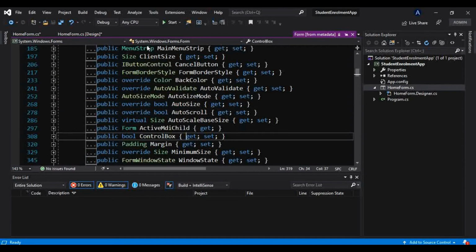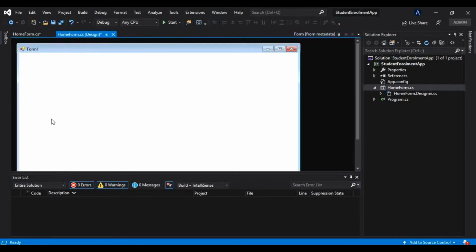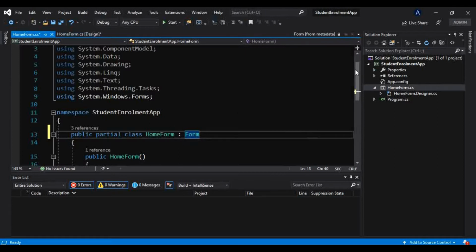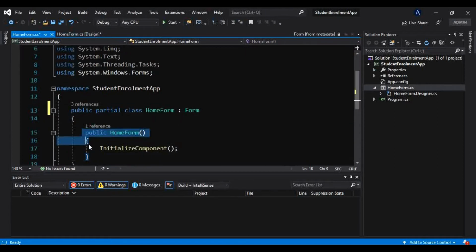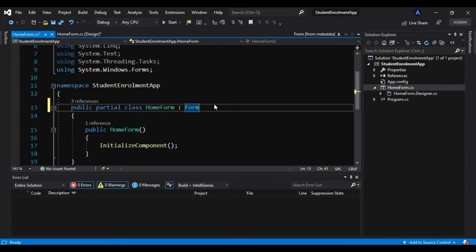So all these are properties that are present inside this form, and they are required to generate the form that we are seeing. But we don't have to create that, it gets created automatically, and we get this home form, or before it was form1.cs. So we automatically get this class created, that is, this much code is already generated, and it is inherited from this Form class. Okay, so I will close this.